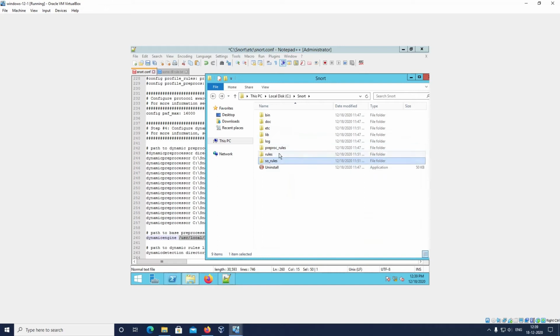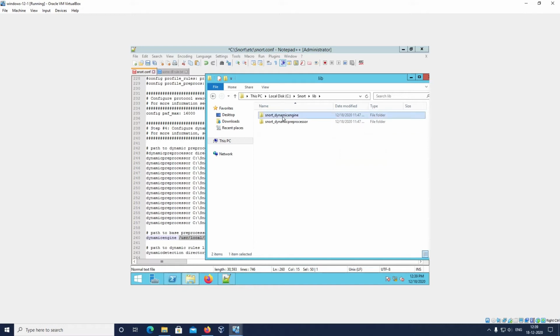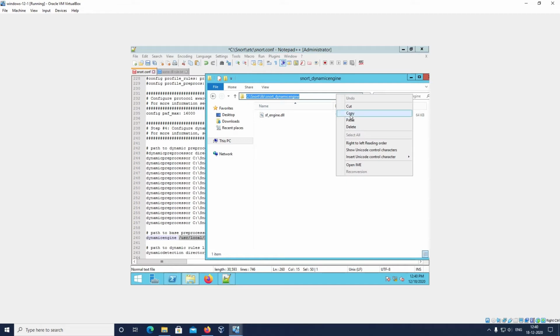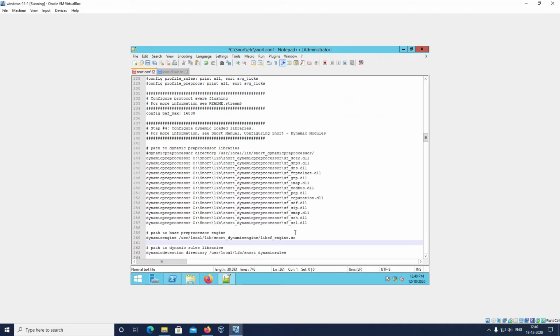No, in the lib file, you will see the dynamic engine, snort underscore dynamic engine. In this we have sf underscore engine dot dll. So the same thing, we have to copy from here, and replace it here.